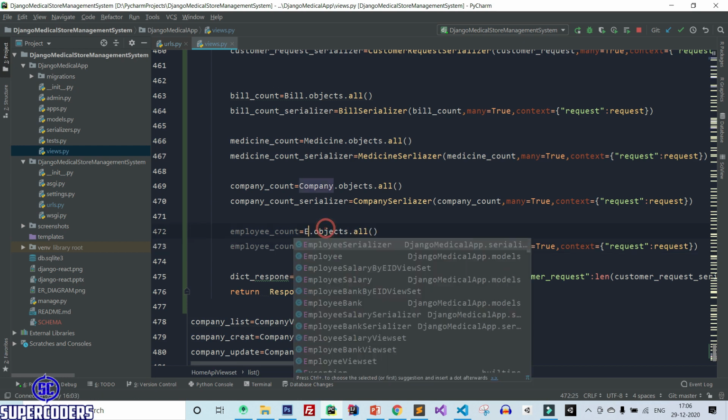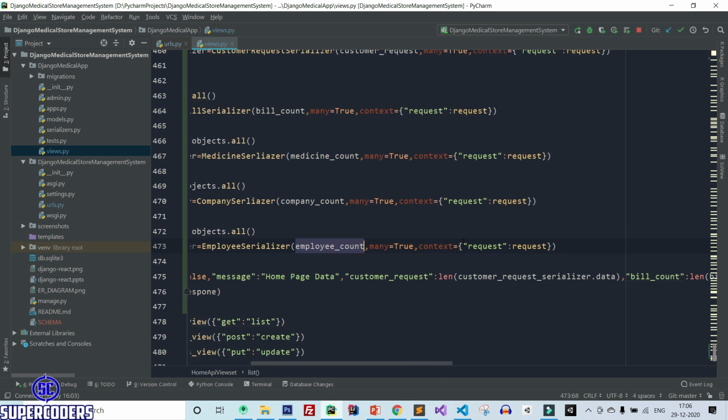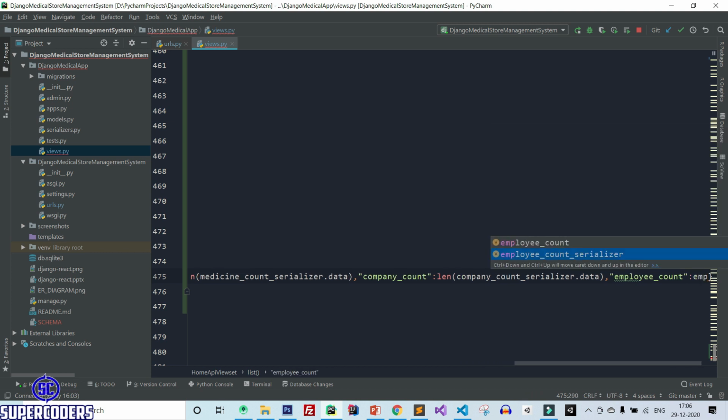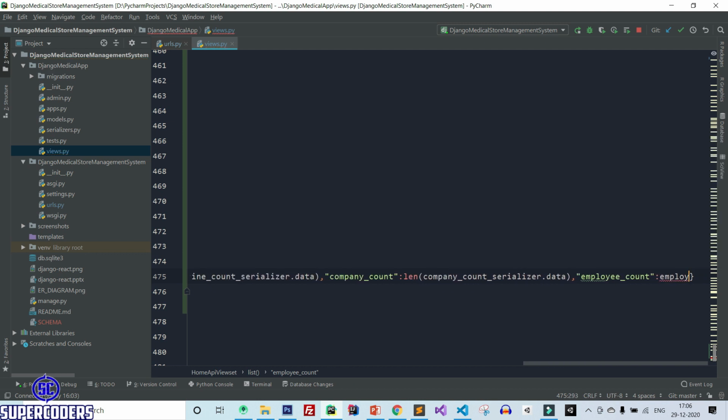Change it to employee, change it to employee serializer, and change it to employee count. After that, here employee count serializer dot data, and here the length is missing, which is length of employee count serializer dot data.